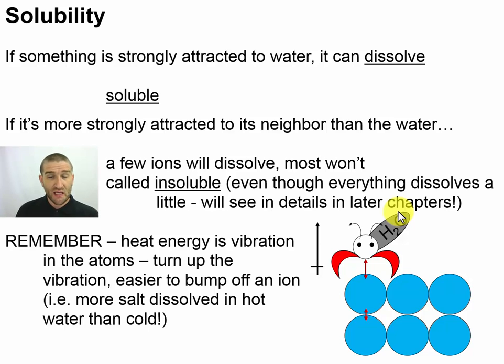That's why if you've got hard water, all that calcium ion has dissolved into your water when you're taking the shower. But as soon as the water cools back down, what happens? It deposits that lime scale behind, leaving that white powdery residue on some of your tile and your sink and things like that. We can also get more salt to dissolve in hot water than we can in cold water